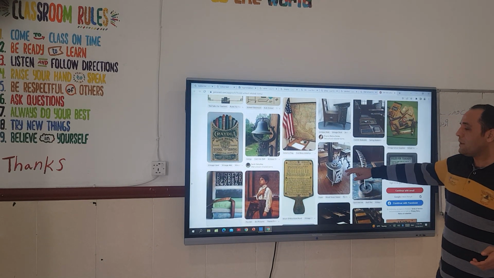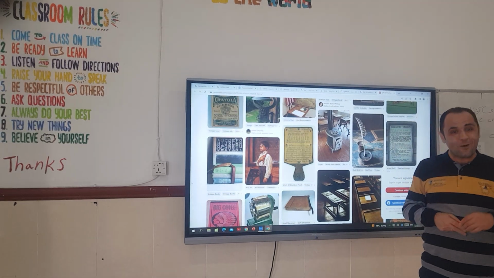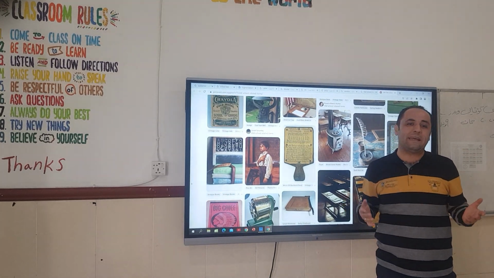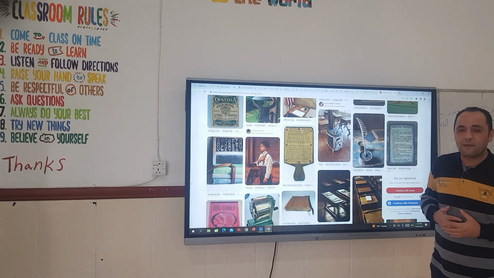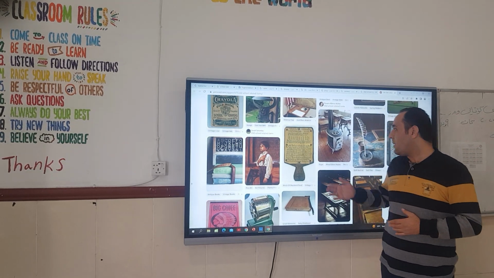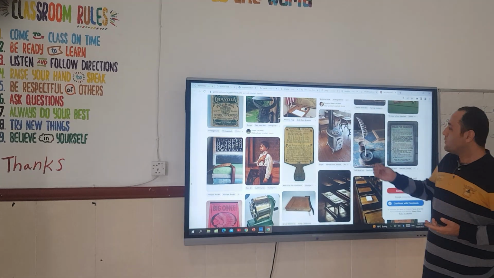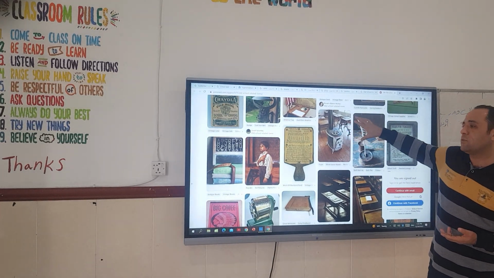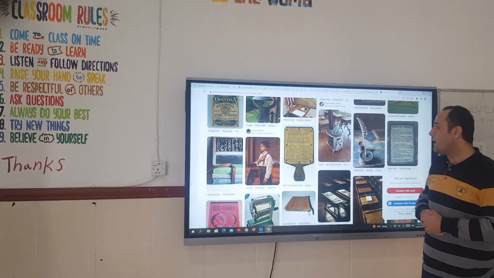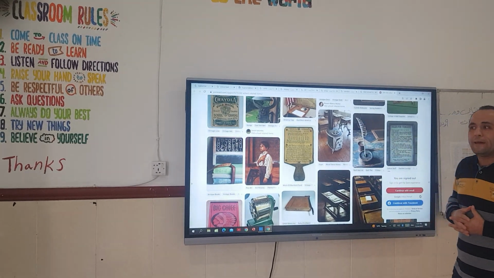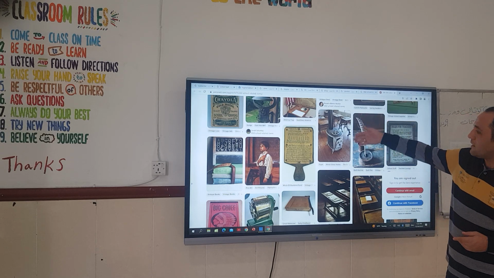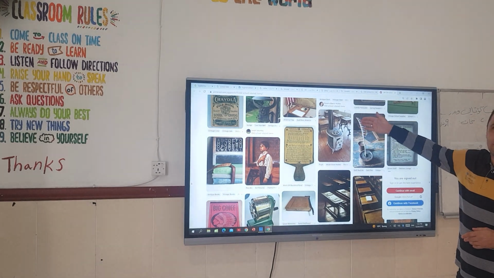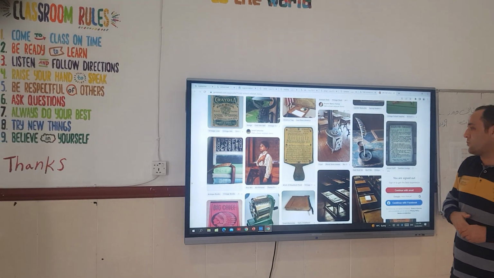So guys, are there any tools that you remember? What about this one? Yes, this one is a stove. Yes, the old one. We don't have an AC or any other tools that we use for heating ourselves. But with the stoves, you put some wood or some coals on them, and it makes us warm in the classroom, right? So these were used in the classroom as well.